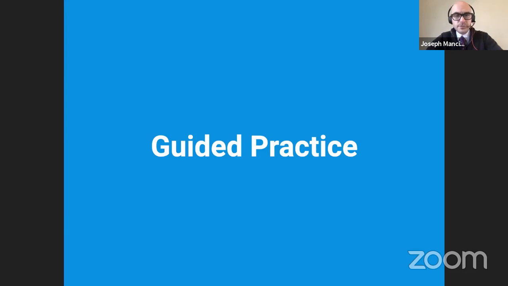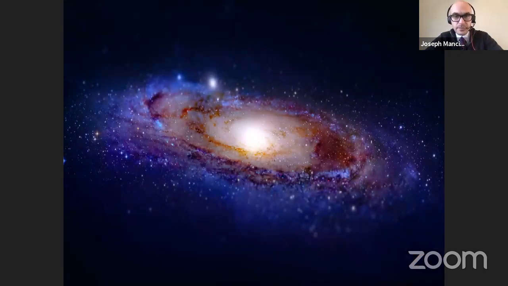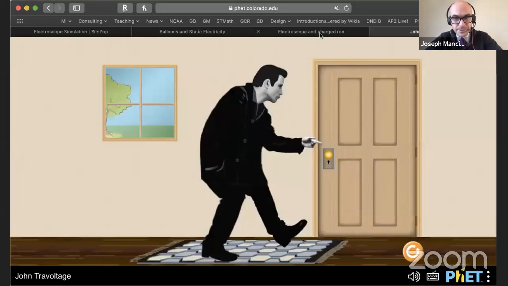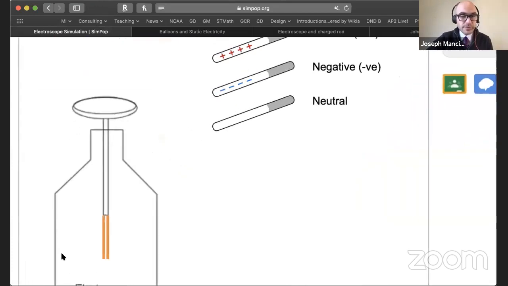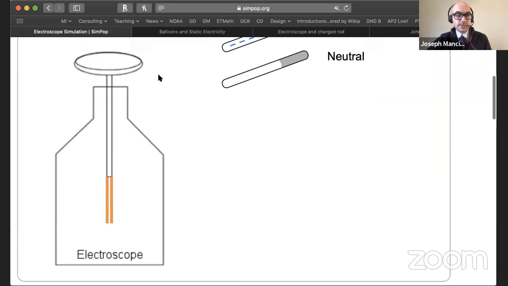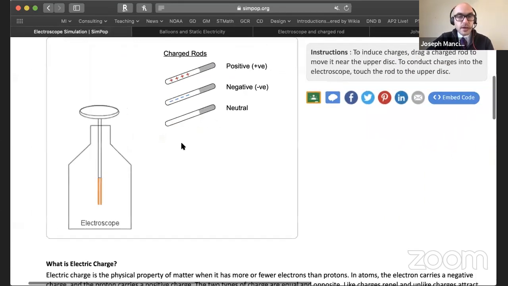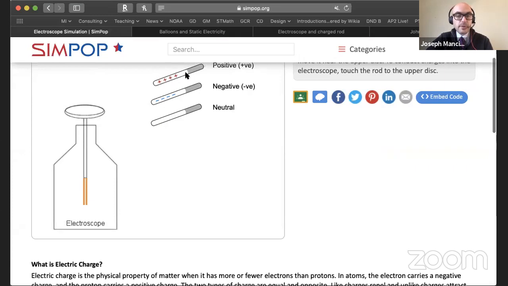So actually, before we do the guided practice, I think we have time for one more example of not John Travoltage. This is a device called an electroscope. You've probably seen one in your class before. Down here on the left. It's kind of a crude drawing, but it shows a flat piece of conducting material on top connected by a conducting metal rod to two very thin light pieces of metallic foil. And if you were to bring a positively charged insulating rod, as you can see there,